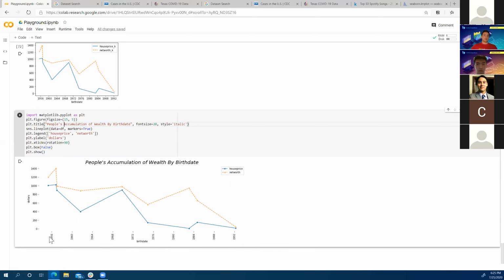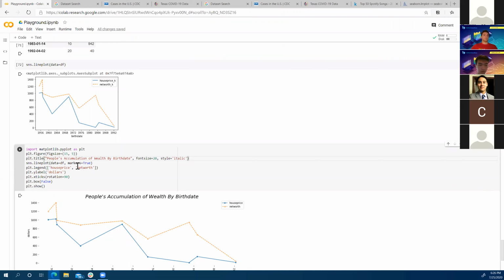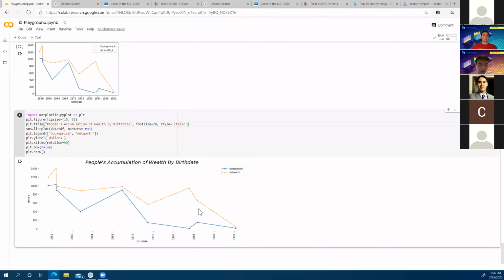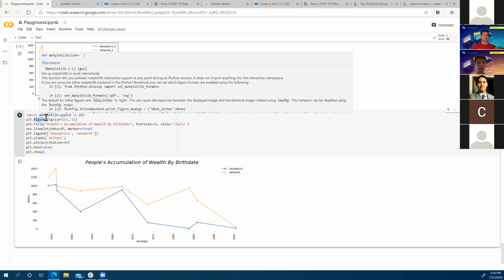We can see that the tick markers on the x-axis were rotated by 90 degrees. We can also see that there's a legend, and also that the figure is bigger, right? So walking through this line by line, we say plot.figure, which tells plot that we're going to be working with a particular figure in this context.